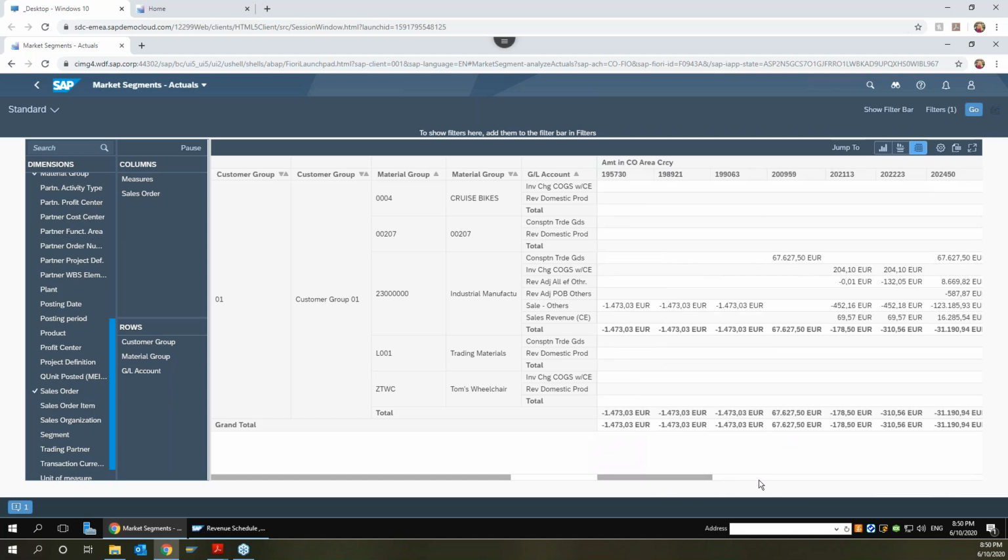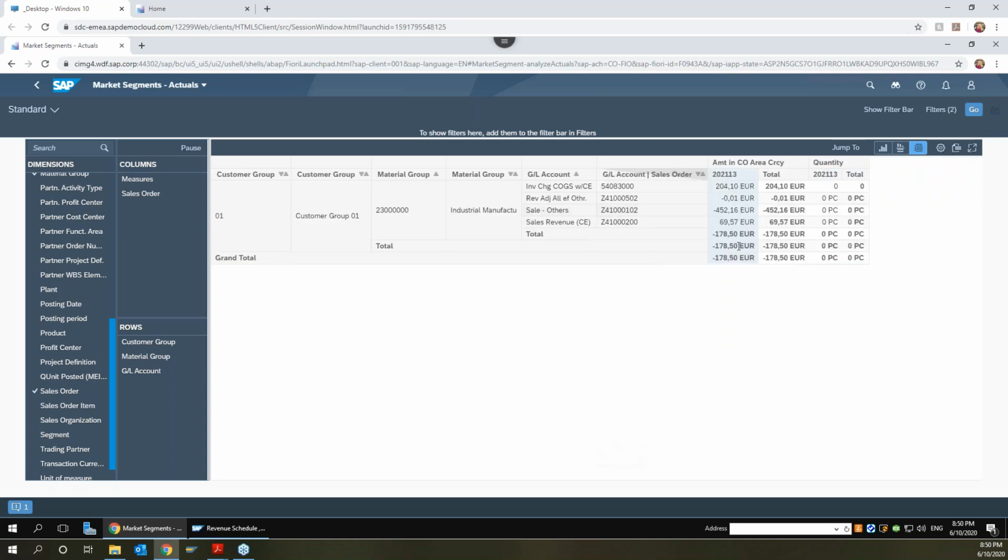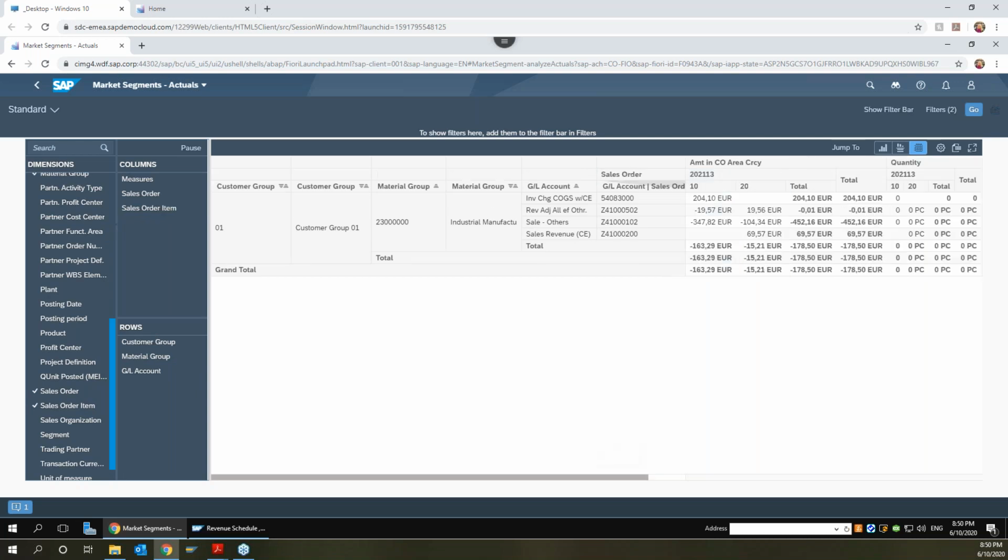So I can see here, for example, I've got a contract 202-113. If I wanted to filter down on this particular contract, I can filter down to the member. And then what I can also do is bring in my sales order items. So for example, we may have a couple of different items within a sales order, a couple different materials, and I can see